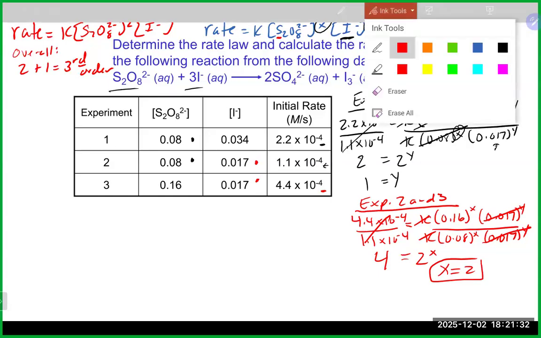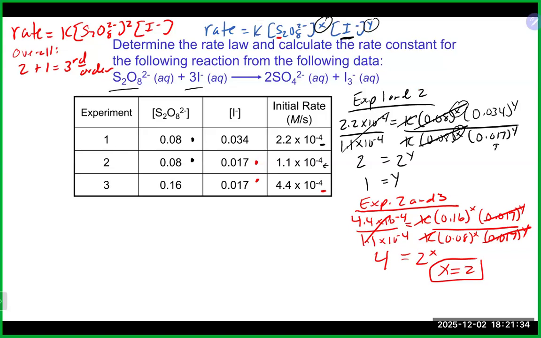Now, once we have the orders, we can rearrange our rate law and solve for k. And if we do that, k will equal the rate divided by the concentration of S2O8 2- squared and I-. And once again, here you could choose any of the entries in the table. They all should give you the same value. I'll just go with experiment 1, and that will give me 2.2 times 10 to the minus 4 molar seconds